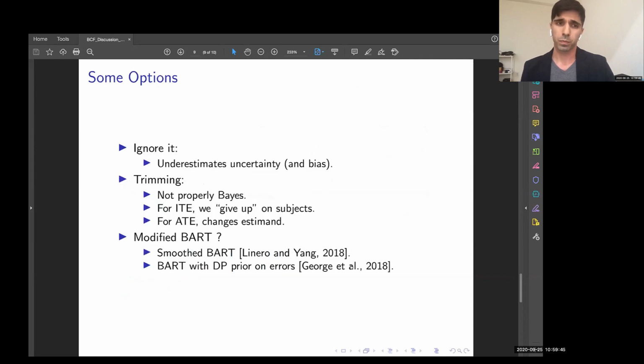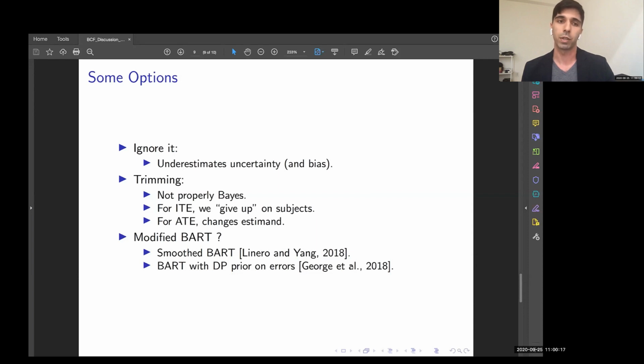And so there are some options. What do you do if you have non-overlap, and when do you have it? I think non-overlap happens quite frequently if you don't have targeted selection, especially if treatments are protocol driven. So even if the prognostic function indicates that a patient might or should get treatment, if the protocol recommends against it, you might have physicians who hesitate to defy this protocol, right? And that creates these pockets of